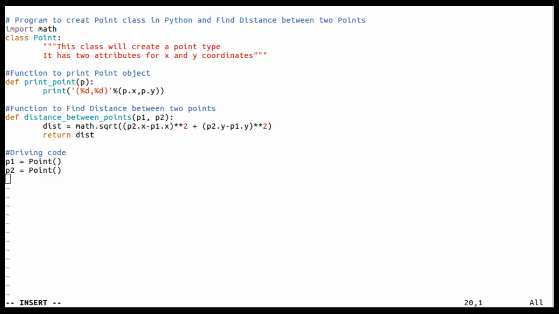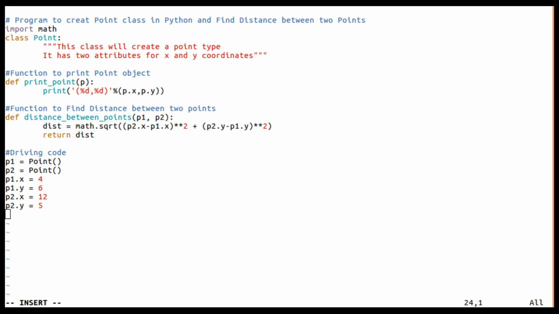So let us initialize this p1 and p2. p1.x is equal to, for example 4, p1.y is equal to 6. Then similarly p2.x is equal to 12, and p2.y is equal to 5.